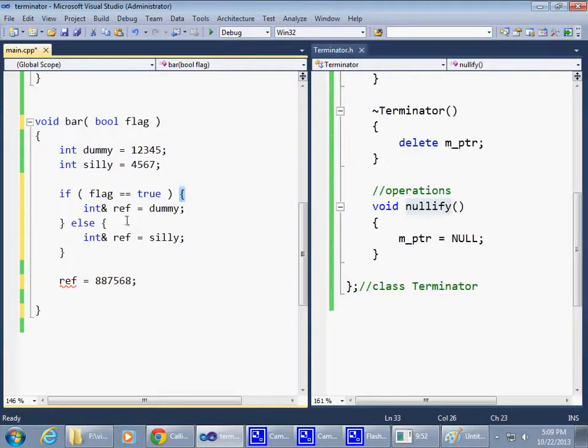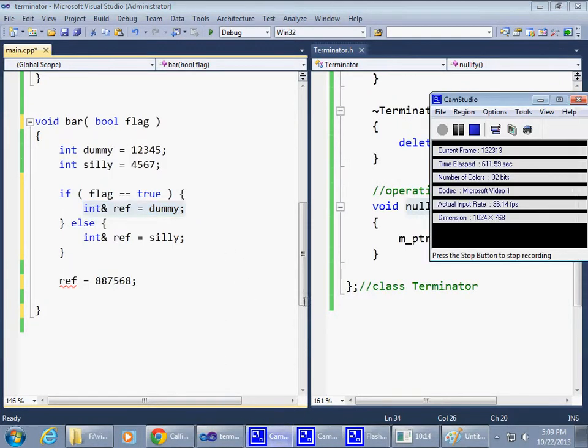So I really can't use it outside. But I would like to use a Boolean flag, true or false, to switch initialization of my reference from one or the other, because it appears that the only way you have, if you create a standalone reference, is this, this is your only choice, right? So let me